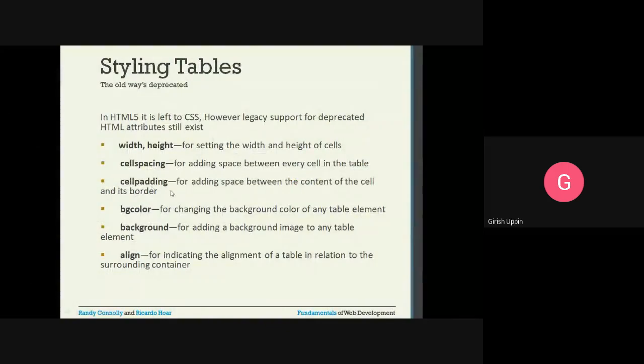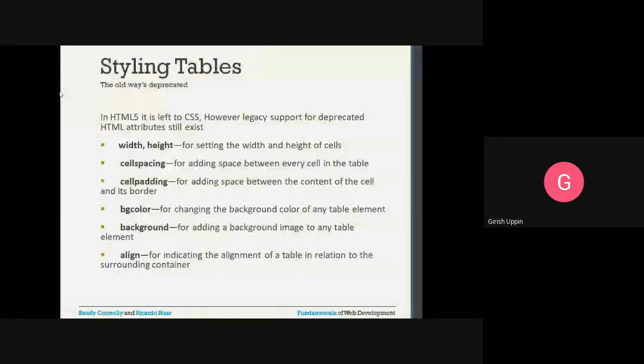And cellpadding. What cell padding is: if you see, by default there is some space between the border of the element and the content area. If you want to control that particular spacing, you can use the padding. It will give the distance between the border and whatever the content is inside. By default, if you see here, to the left there is a padding.